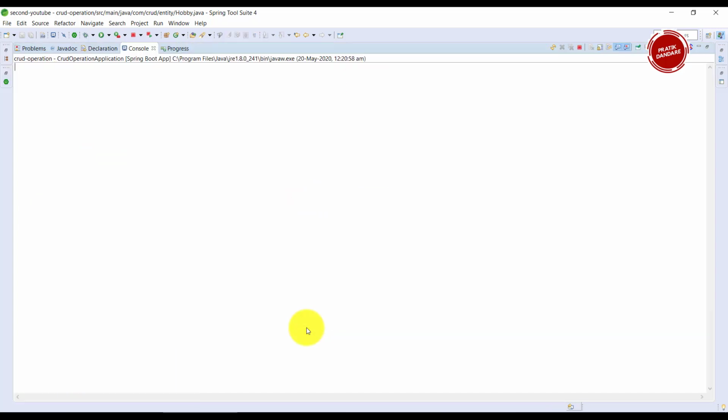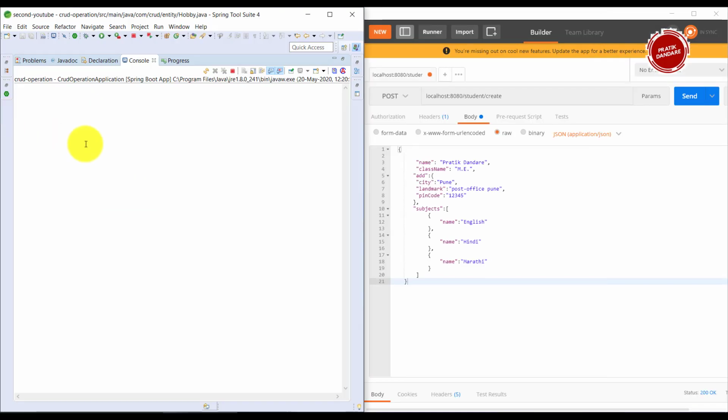Okay, so I am full screening the console, and I put a comma and put hobbies, and hobbies is nothing but a set, so we are again using square brackets. Okay, and putting hobbies as an entity here, so again I'm using hobbies name.